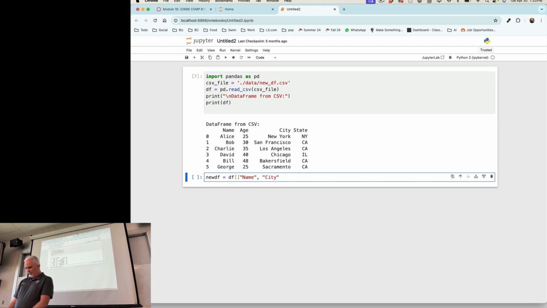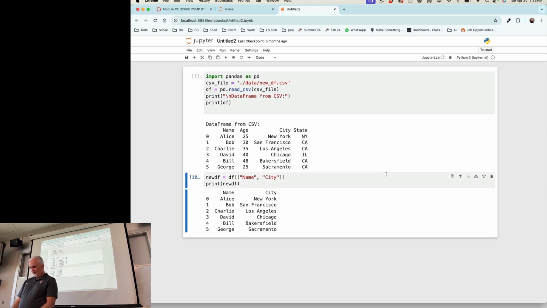The downside to these notebooks is that it doesn't do code completion for you, which is kind of sad. New df. So if I want to print that, okay,